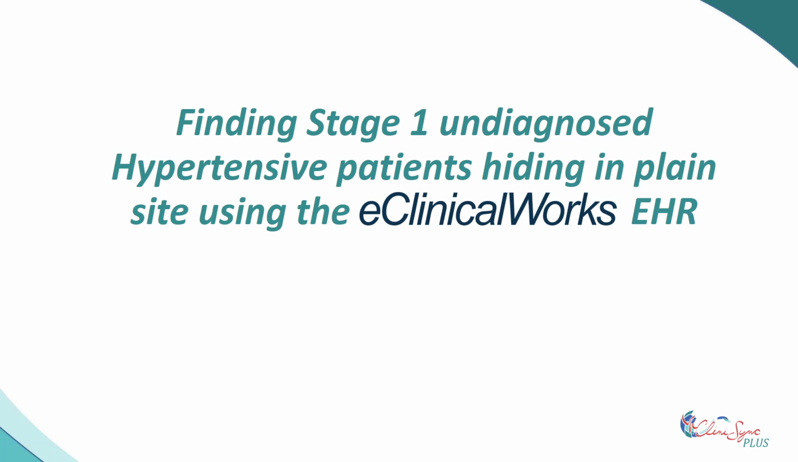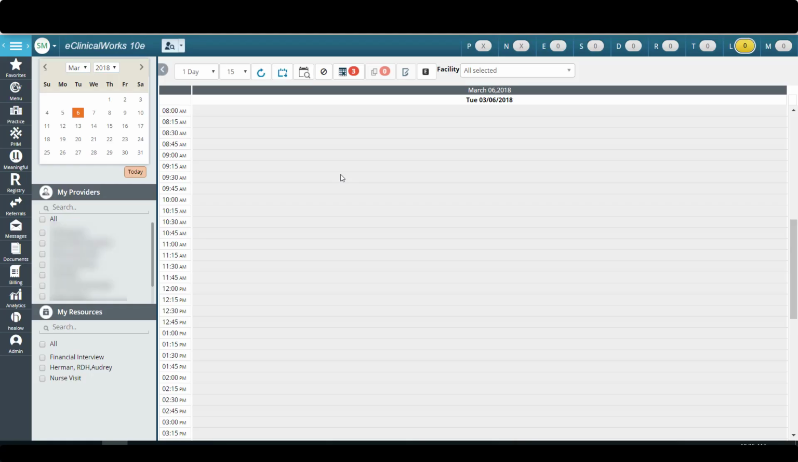Today I'm going to demonstrate how to use the registry function within the eClinicalWorks EHR to identify potentially undiagnosed hypertensive patients, both stage 1 and stage 2. All right, so first let's go through the steps to create a registry within ECW to identify those potential undiagnosed